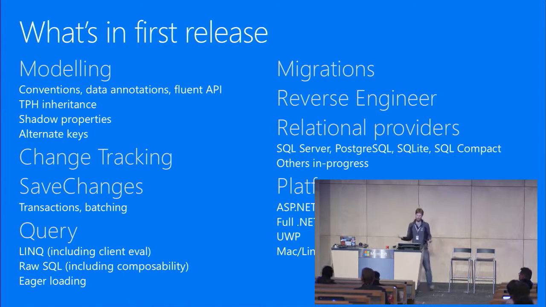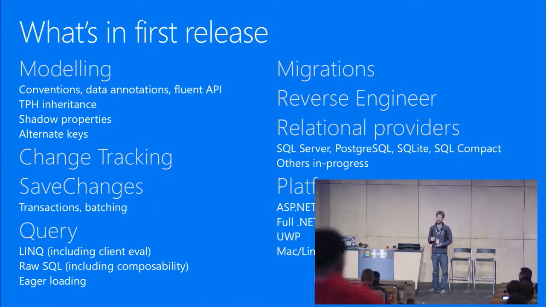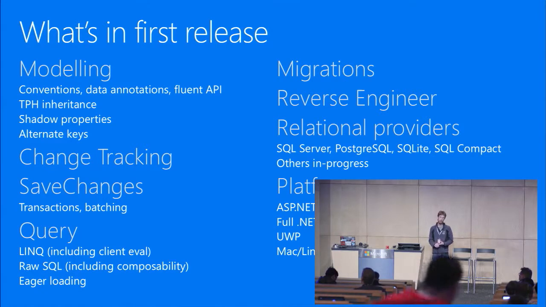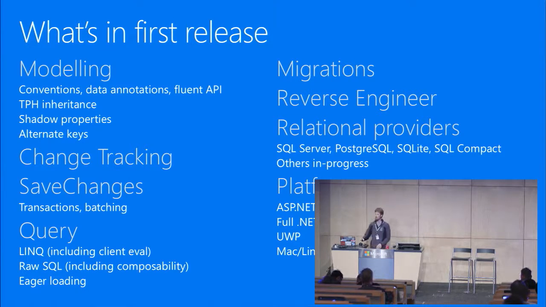And then obviously in our platforms, we have ASP.NET 5 running on Core CLR. We have Universal Windows Platform. And then also Mac and Linux running on both Mono and Core CLR as options. And kind of in the mix there, we have things like Xamarin Forms, which aren't 100% working yet, but we will have working in the near future. So I just wanted to take that slide to set the stage for what's up and running in EF7 at the moment. I just wanted to run through a few things that are not going to be in